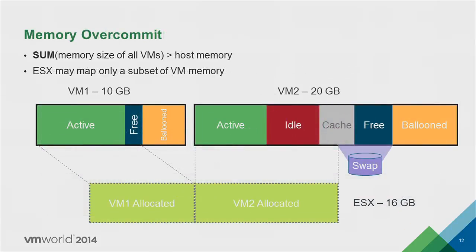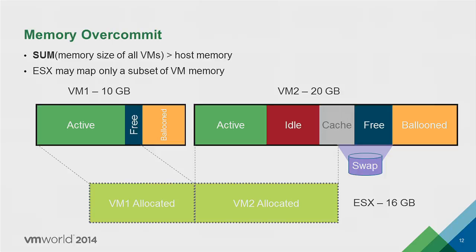But when overcommit hits, what I mean by overcommit here is when the sum of the guest configured size of the VMs is bigger than the host memory. In that case, ESX cannot fit all the VMs in memory, so it has to do something. It has to reclaim some memory from some of these VMs so that it can accommodate all these VMs on this host. Now, while doing that, ESX would like to give more memory to the active VMs than VMs that are just sitting idle. You may have a bunch of users, and all of them are desktop users. Some other users have gone for lunch or whatever it is. It is better to take away memory from those VMs